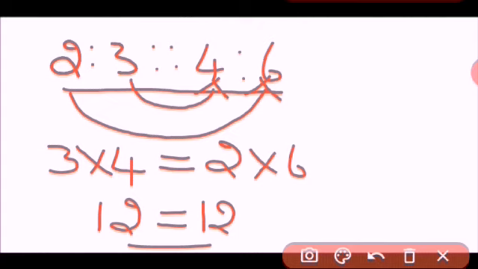So this is the concept of proportion. Here 2:3 equals 4:6. If you multiply the middle two terms, you will get the same multiplication answer as the extremes: 2 into 6, 12 equals 12. I will not explain many things about proportion in this class. I will concentrate only on ratios.